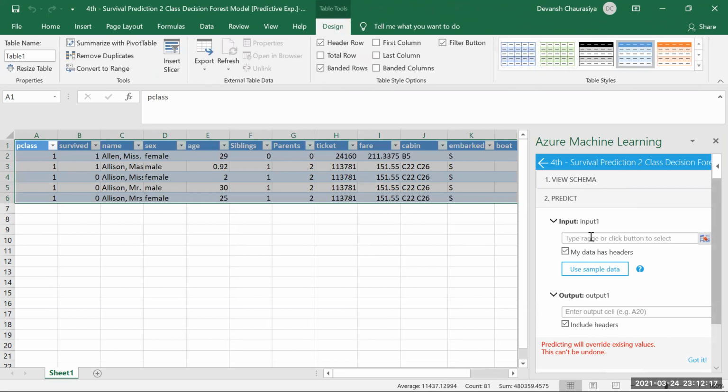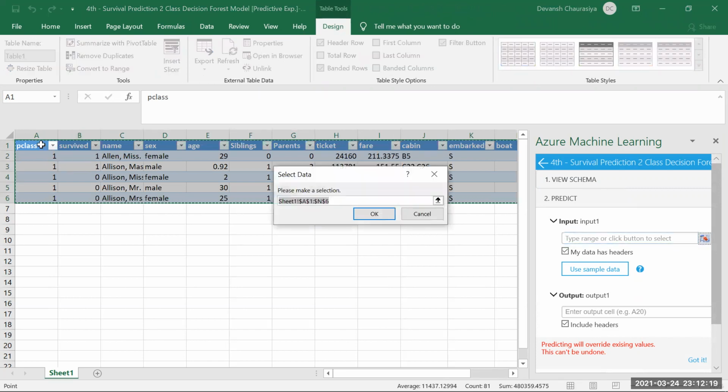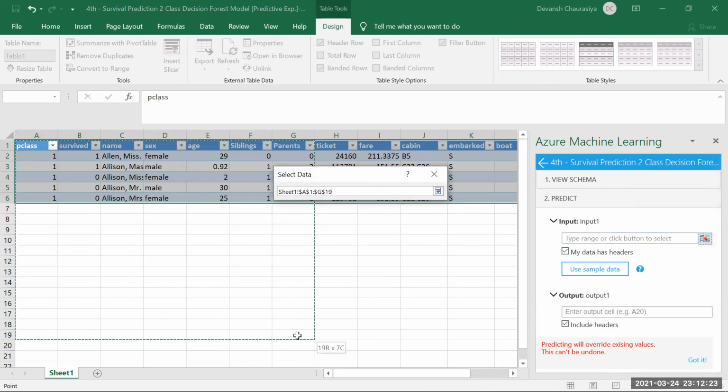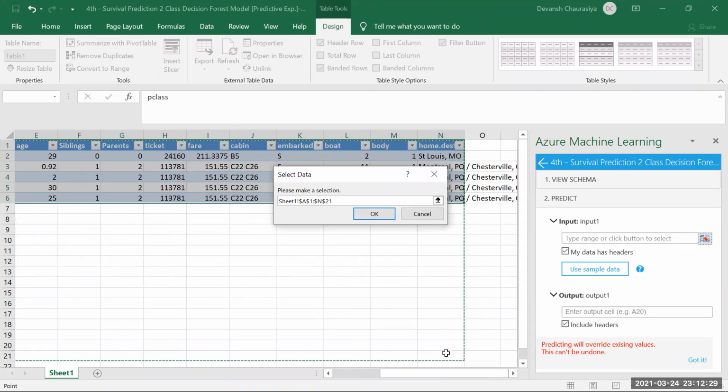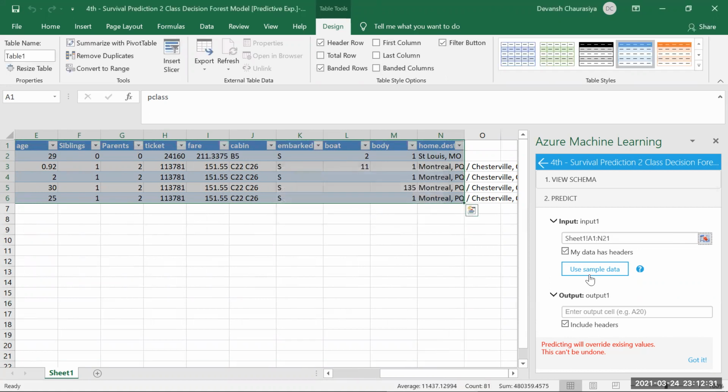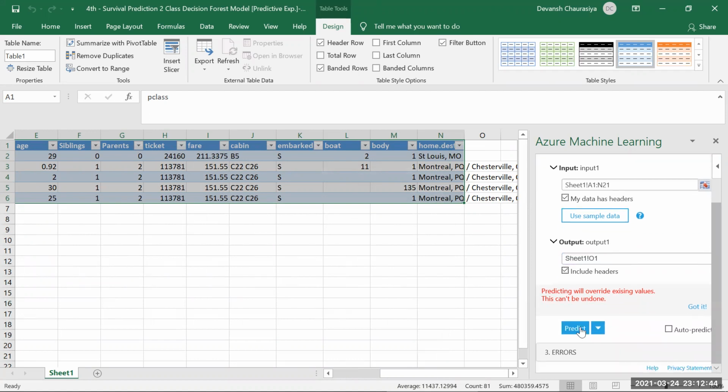Okay, input range, let's make it like 20 till the last column. Click on OK. Our output range will be the very next column in the first cell, so that will be 0, 1. I press tab. I click on predict.